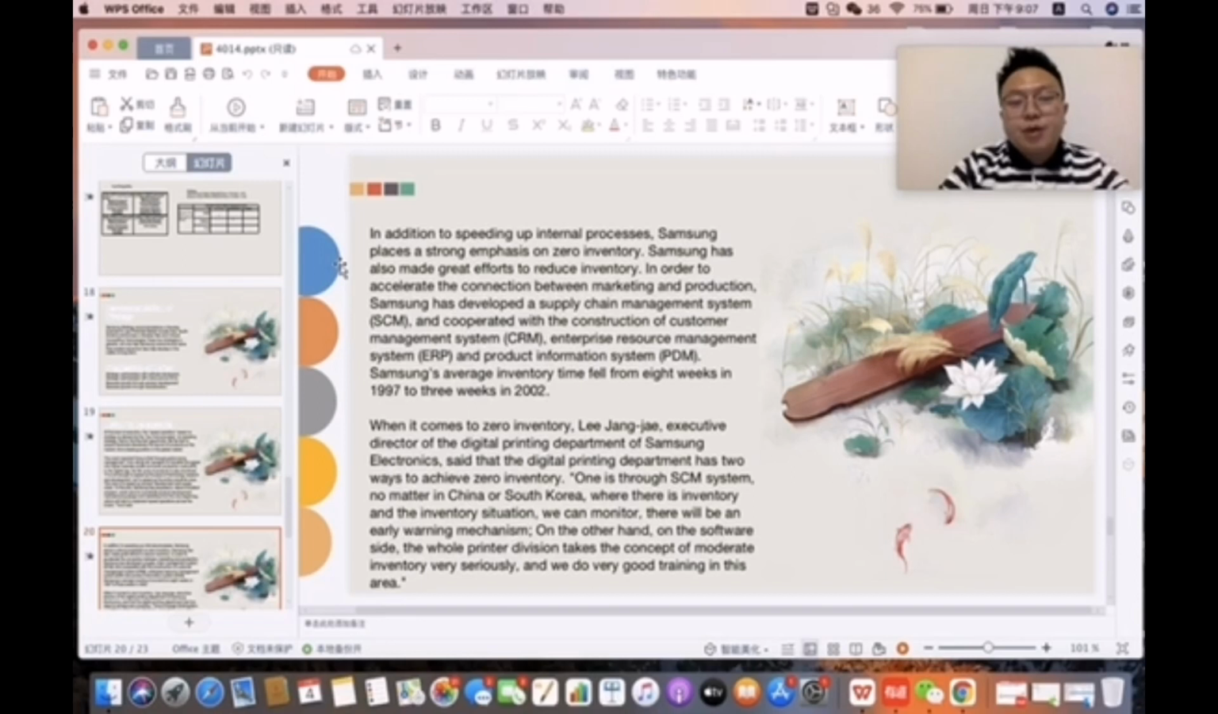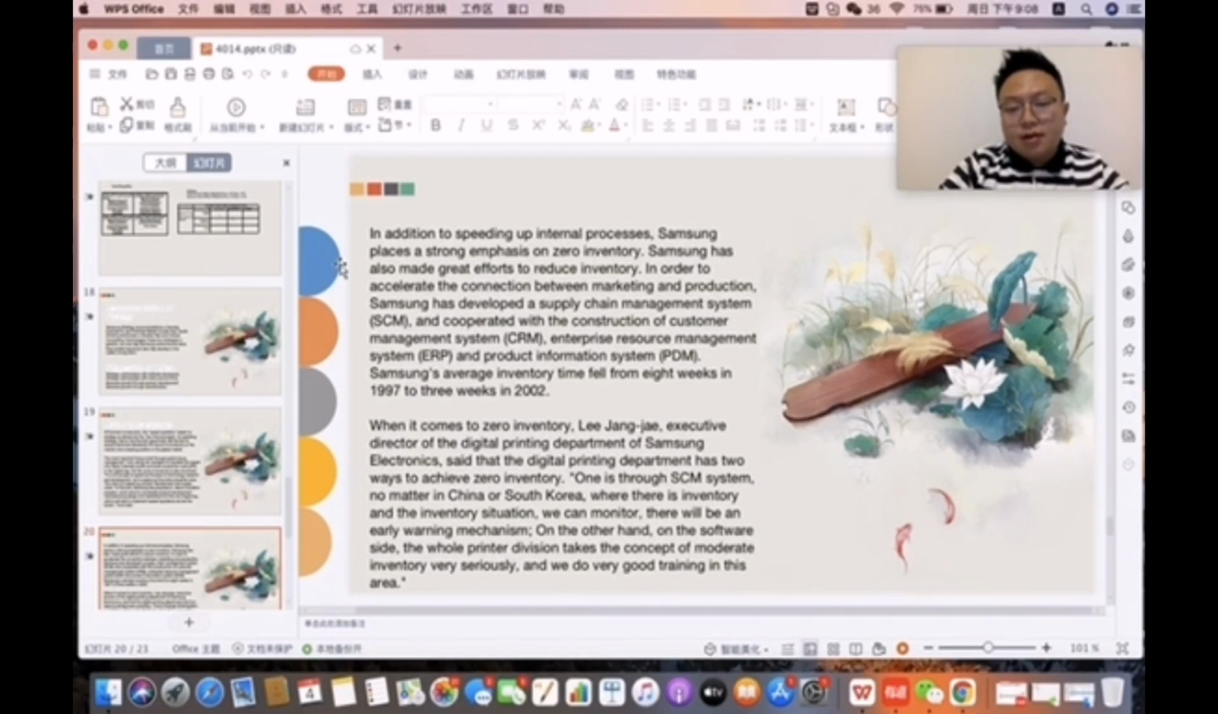In addition to speeding up the international process, Samsung places a stronger emphasis on zero intermediary. Samsung has also made a great effort to reduce intermediaries in order to accelerate the connection between marketing and production. Samsung has developed a supply chain management system, CRM and system ERP, and the product information system PDM. Samsung's lead time fell from 8 weeks in 1997 to 0 weeks in 2002. When it comes to zero intervention, Li Jianjia, ex-director of the department of Samsung, said: